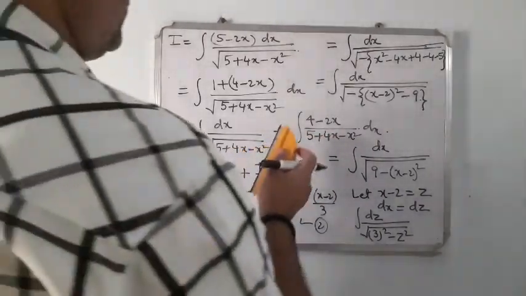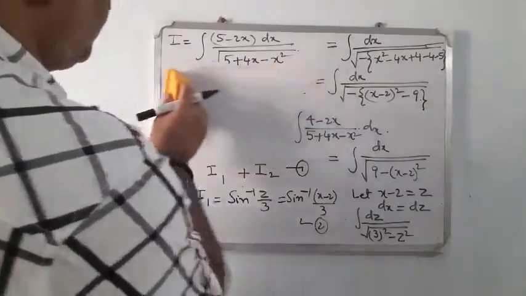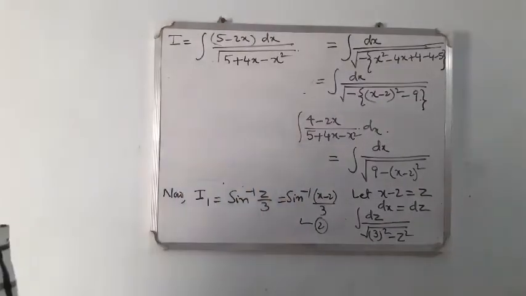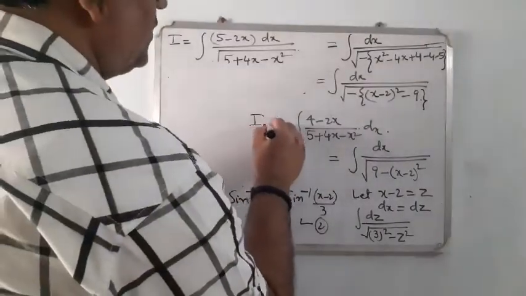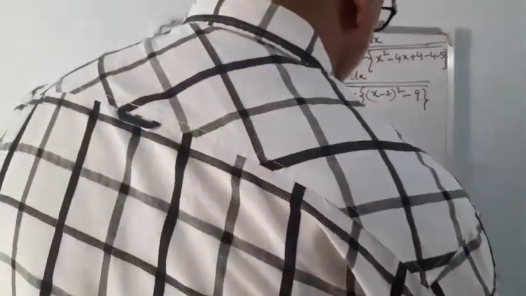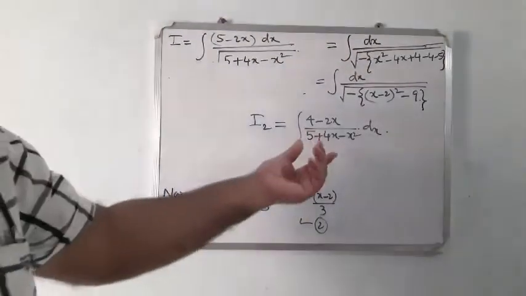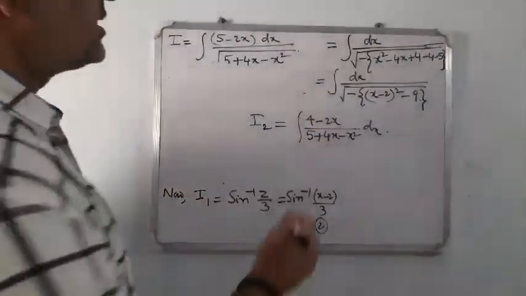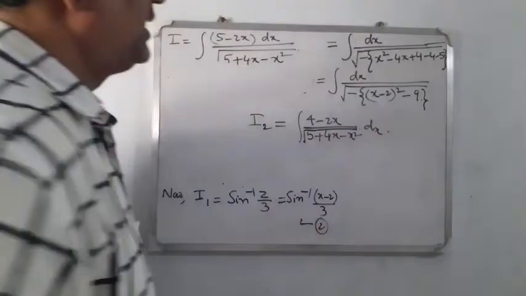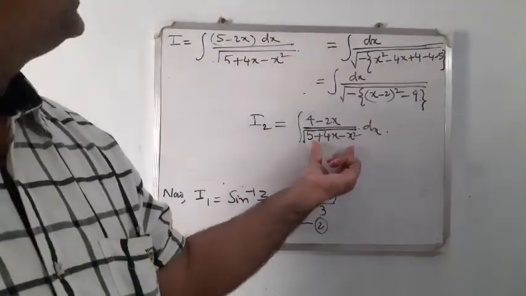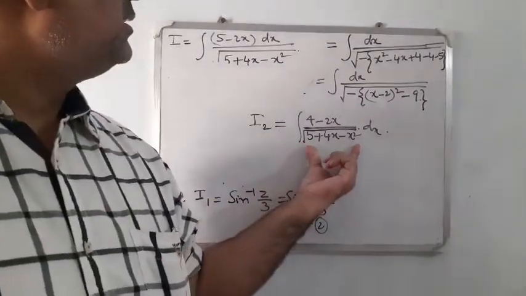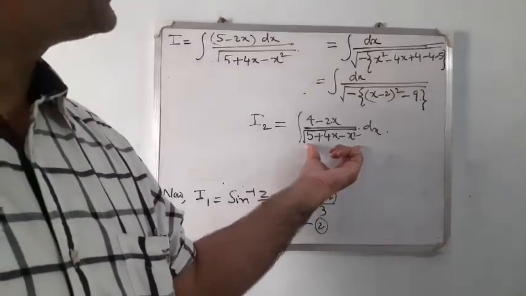This I2 is equal to integral dx by 4 minus 2x dx by that one. Now what to do? For this, here it is the differentiation. Remember boys, this one is under the radical sign. I have written it by mistake here. This one is under the radical sign because we have taken the problem under the radical sign. So that mistake I have made. So just put the radical sign over here.